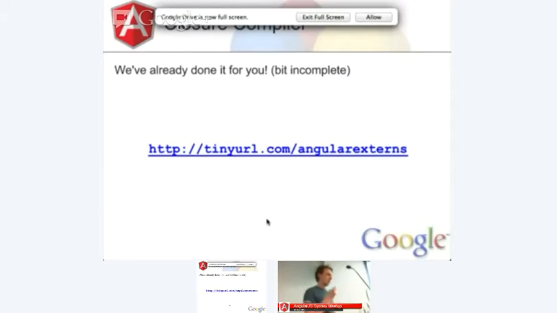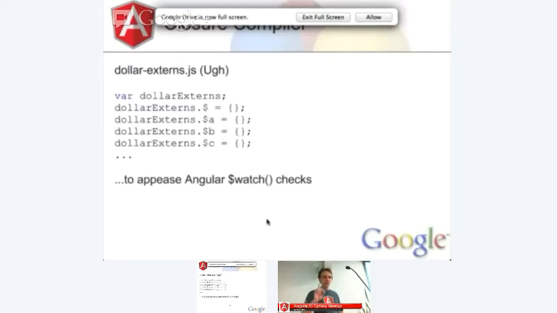So the externs that you need to call Angular from within something that compiles are already open sourced at the URL. I only found this out today because it turns out that the directory we've been committing this code into happens to be regularly open sourced. So there you go. So we've open sourced it without me even knowing, which is great. So if you want to use Closure Compiler with Angular, it works really, really well, and you should all be using it. One catch.